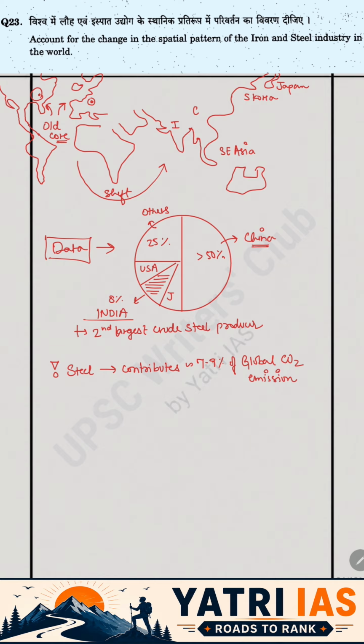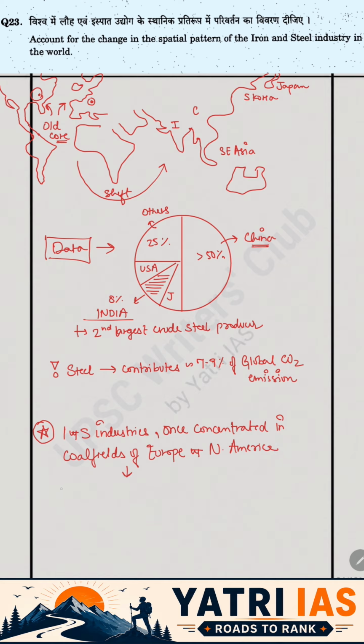So that is a very huge impact of steel production on global warming and climate change. So after understanding this data, you could start your answer with a very insightful and connected introduction, like: iron and steel industries, once concentrated in coal fields of Europe and North America, has witnessed a major spatial shift. So that is how you connect what is being asked in the question to the introduction